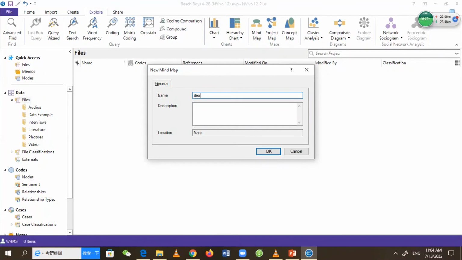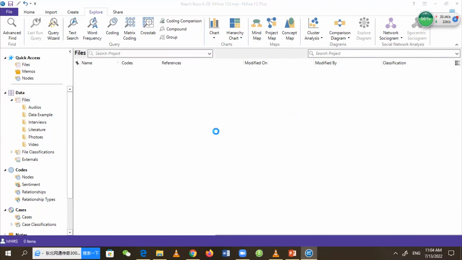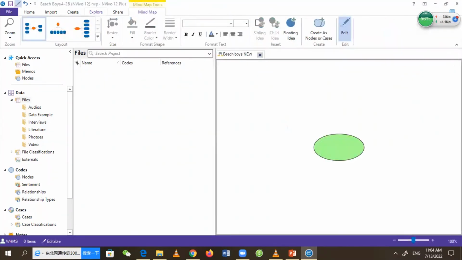I give the name Beach Boys. Okay, Beach Boys new, let's say. Right, you have to give a name, Beach Boys, right? And what are we going to code? Now we know something about our Beach Boys research context, and you have to add a child idea here, main child ideas. Okay, demographics, we can remember, and what else? The challenges facing,